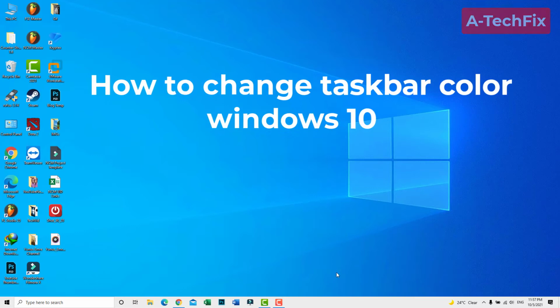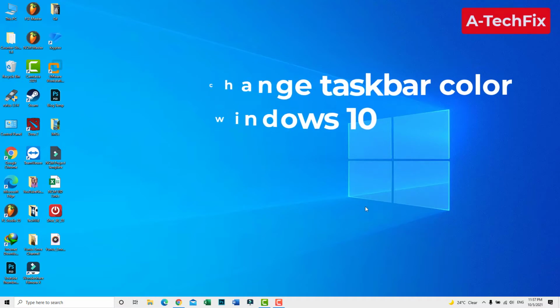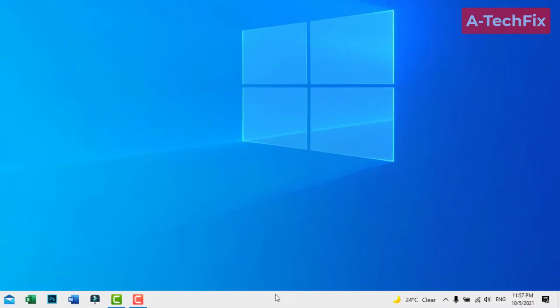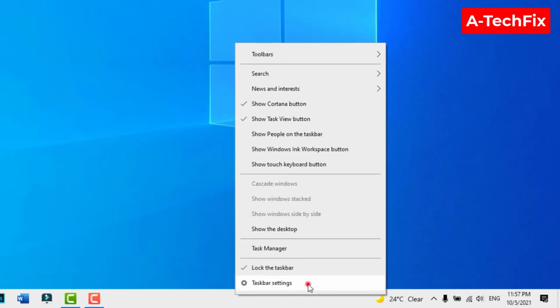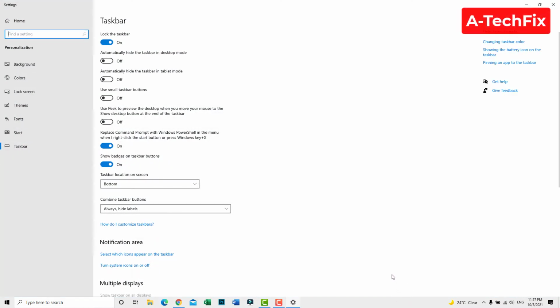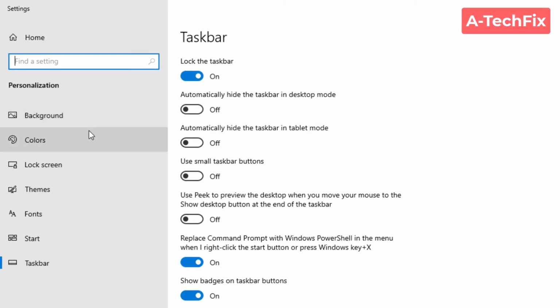In this tutorial video I want to show you how you can change the taskbar color in Windows 10. Simply go down, right click in the taskbar, select taskbar settings as you can see. Okay, here in the left pane select colors,